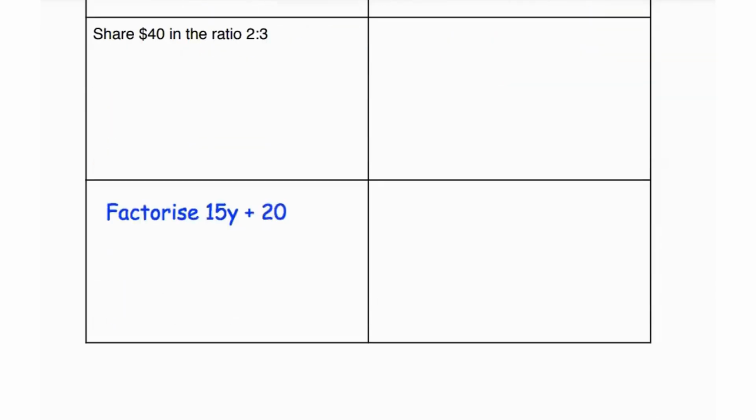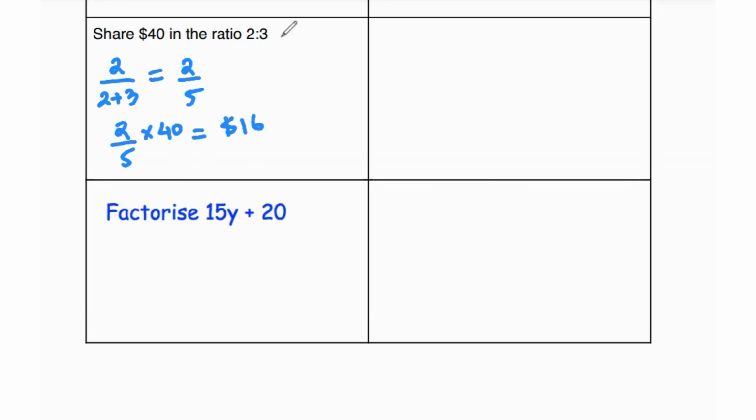Next question says share $40 in the ratio 2:3. So in ratios, what we do is we create fractions out of the ratio to show how much each quantity is present in the ratio. For the first quantity, it's 2 divided by the total quantities in the ratio, so 2 plus 3, which is 2/5. Now to find how much is 2/5 of 40, we multiply 2/5 by $40, and that is basically equal to